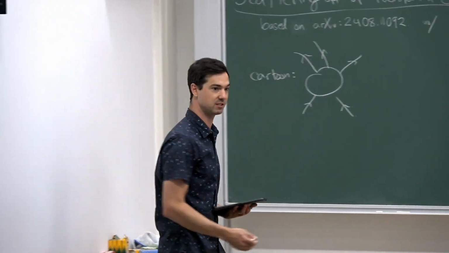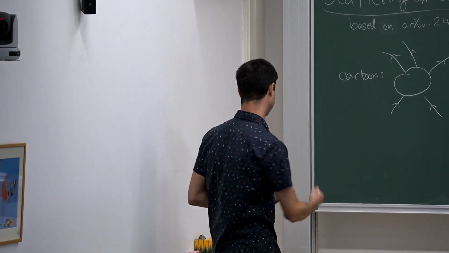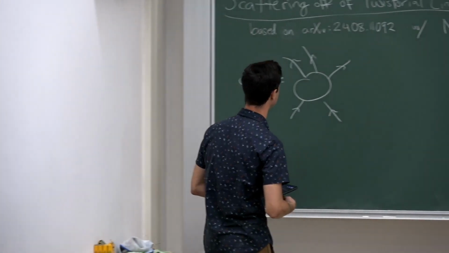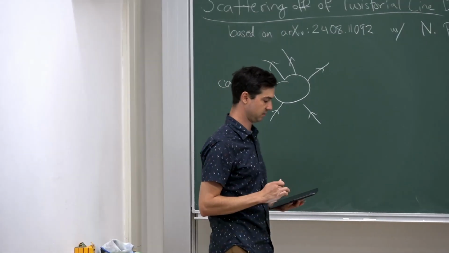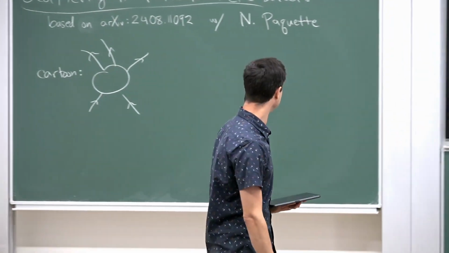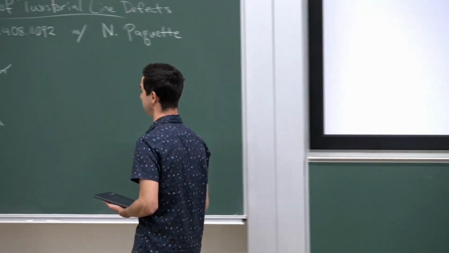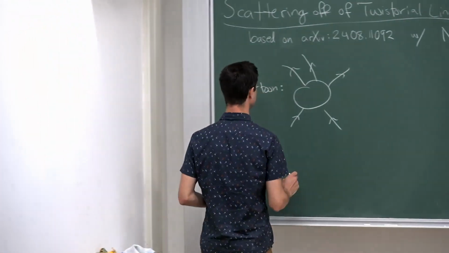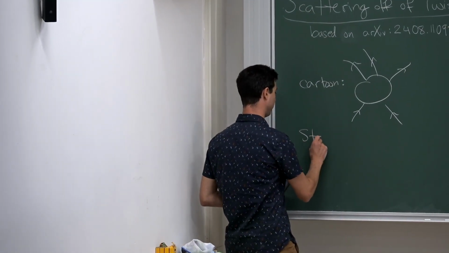The basic aim is to understand scattering amplitudes, which all of you know and love. The starting point for this problem, at least for me, I'm sure many of you have your own starting points, but the starting point for me